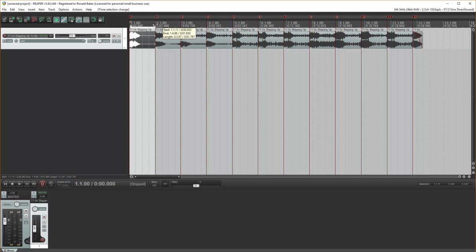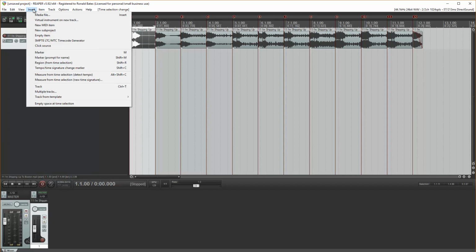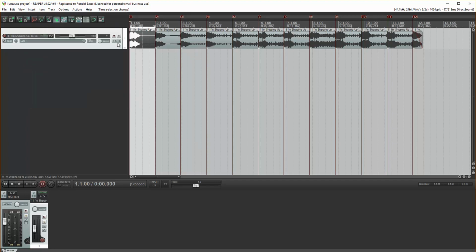I won't split it or turn on snapping, but it selects this measure that's been split in the previous step, and then it says insert measure from time selection, detect tempo. So doing this manually would be kind of a pain, so that's why I have the macro. And if I just deselect this, deselected,